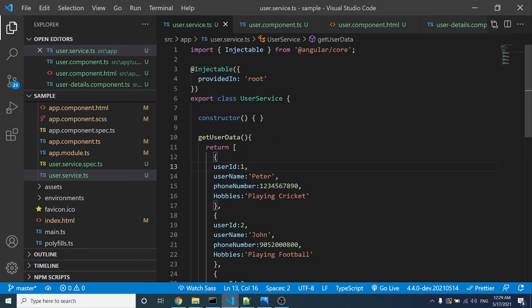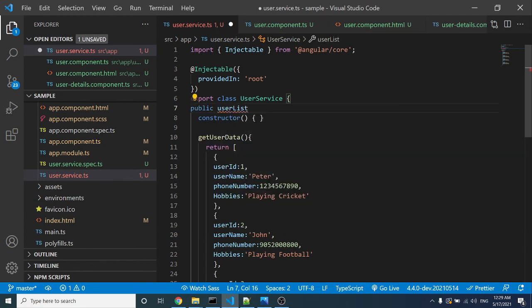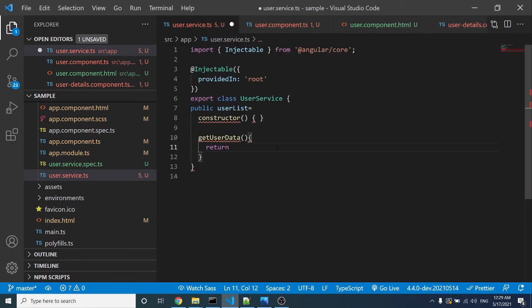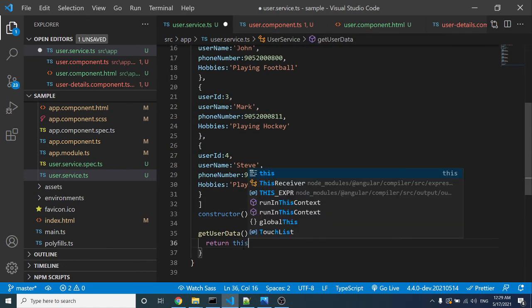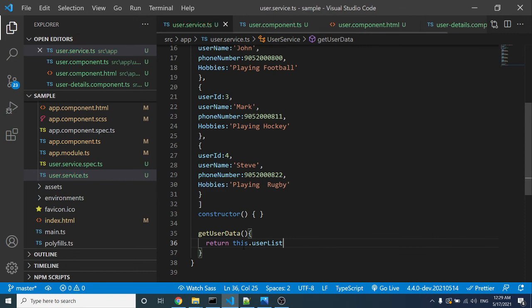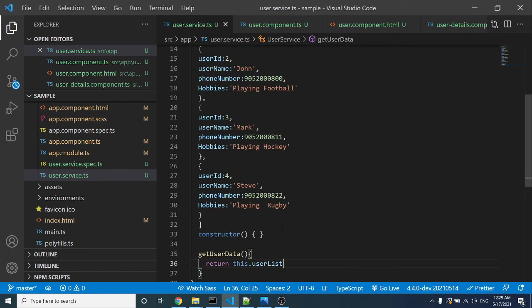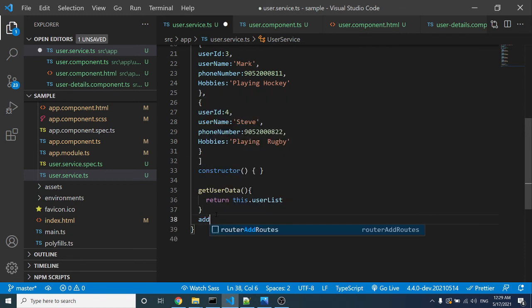Let's do a small modification to the getUserData method. Take a public userList equal to this, copy this user array and paste it there. Here we will be returning this.userList. This will work as expected; we have just taken the userList property. Now take one more method, addNewUser.